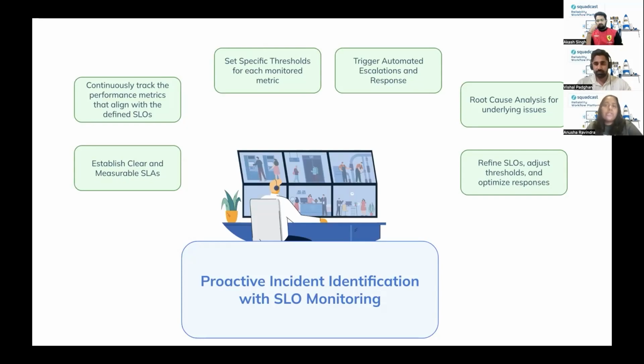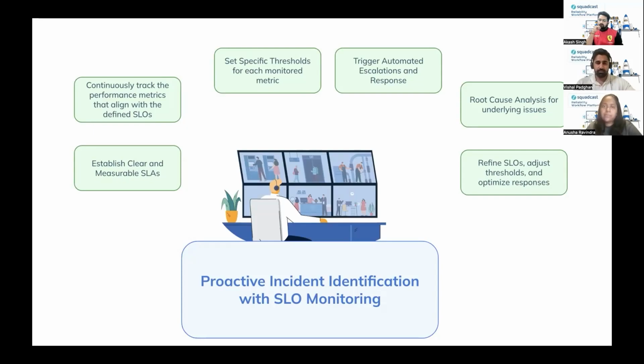So only deviations that breach the predefined SLO thresholds are treated as incidents, whereas others are probably just potential issues or issues with lesser priority. What this also does is it reduces the number of false positives, and in turn, it helps in prevention of unnecessary response efforts that teams need to